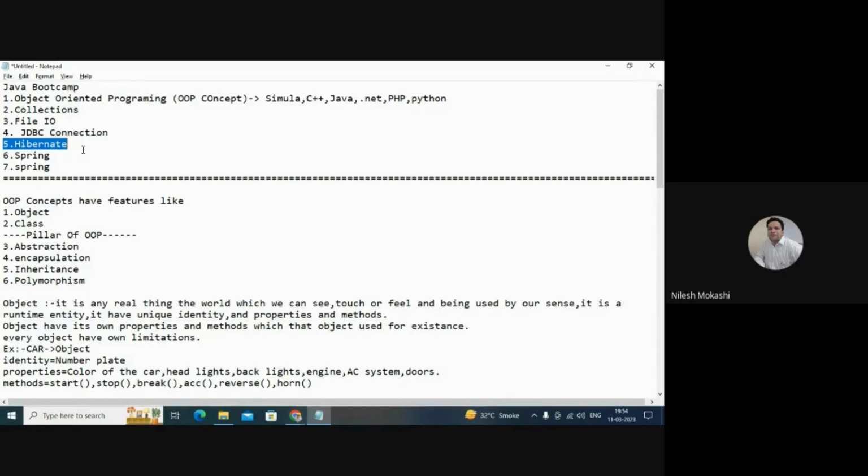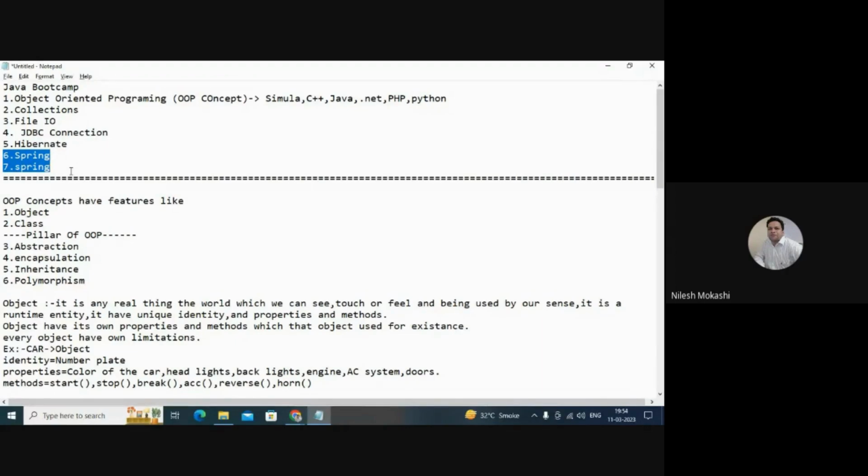So I'm going to write a class. I'm going to write the variables. I'm going to mark my class as a table. I'm going to mark my variables as columns. I can do the relationships between the tables using Hibernate. So we have many ways, guys. The fifth day is going to be very interesting. So the fourth day, fifth day, even tomorrow, we are going to see a lot of things. Okay, we have Spring, right? This is more interesting. This is a technology which is used by many developers around the world.